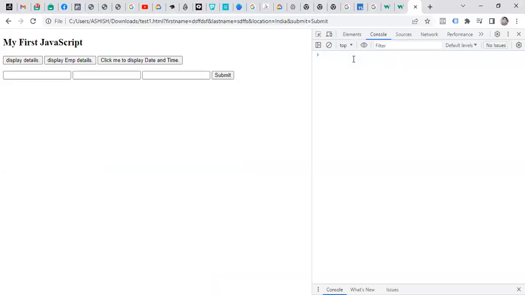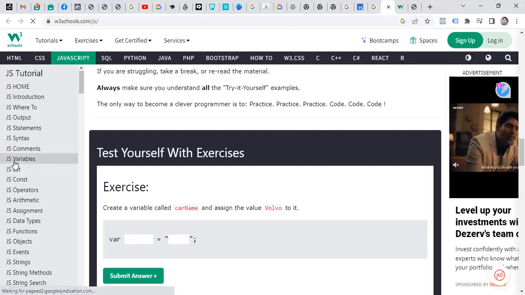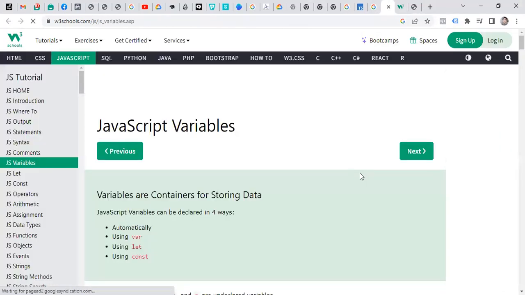If a particular path is not found, or any other errors like that, you can debug and check it out. So this is the way you can debug any particular JavaScript, and you can try and test it. Now there are some other things you need to learn. How you can define variables, which we have already seen, right? Apart from that, you can also see